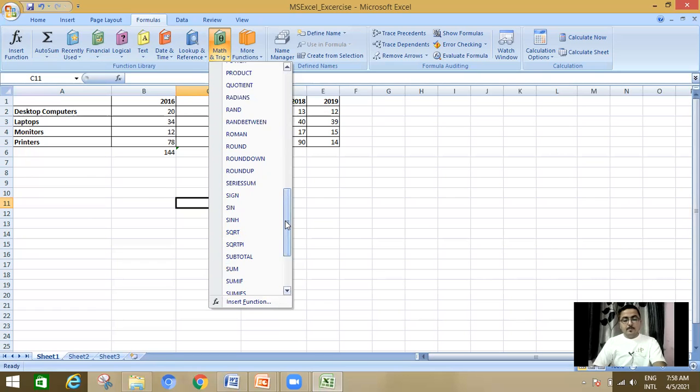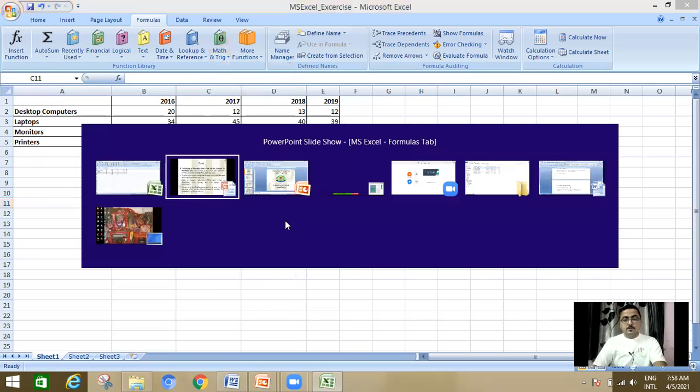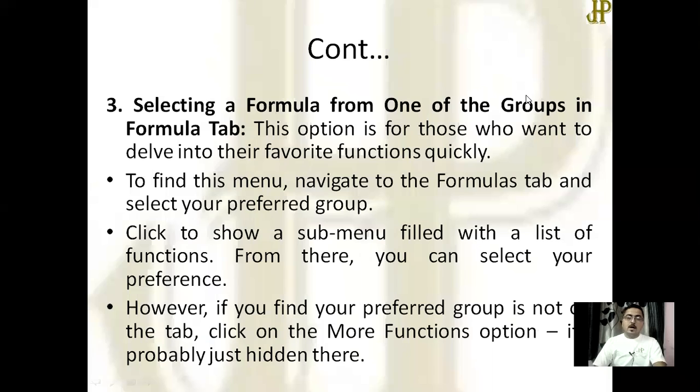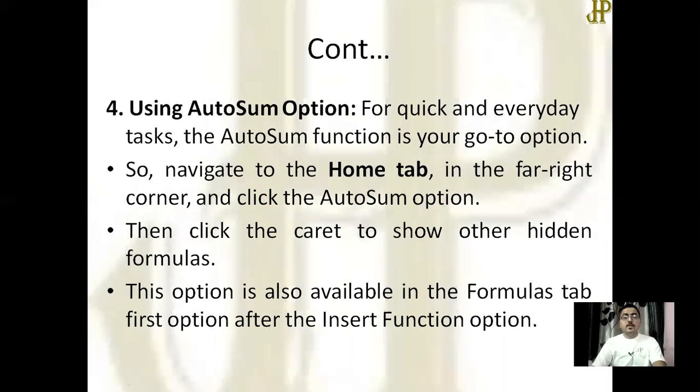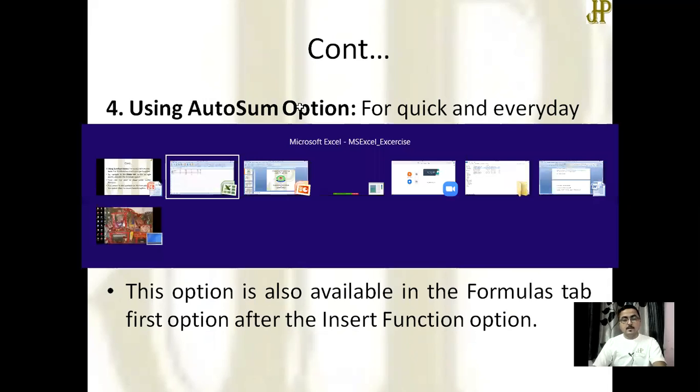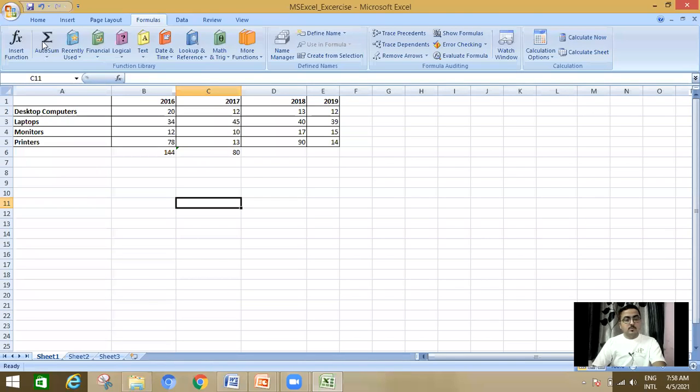So with the help of groups, you can use the formula to insert the data. Next one is using the AutoSum option. For quick and everyday tasks, the AutoSum function is your go-to option. Like here, this is known as AutoSum.